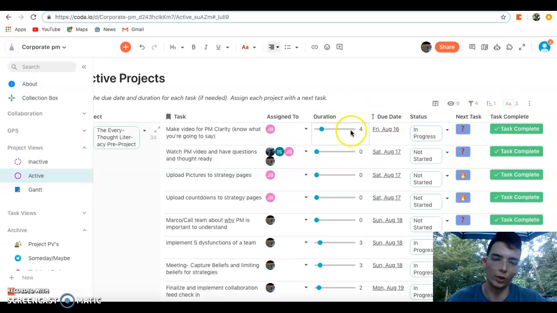So let's talk about duration here. This is a new concept in PM, and so if I have a task and I know that it's going to take me a couple days, I can't just get this task done on the day it's due. I need to put in some prep work beforehand. You set the duration, so say it takes me 2 days to get this task done. I'd set the duration to 2, and then